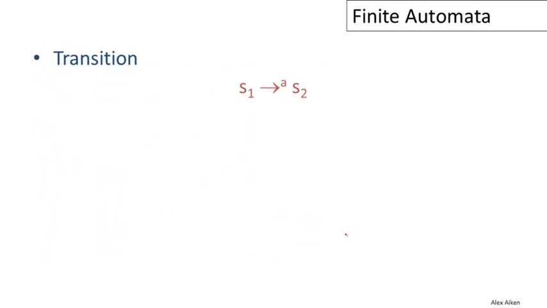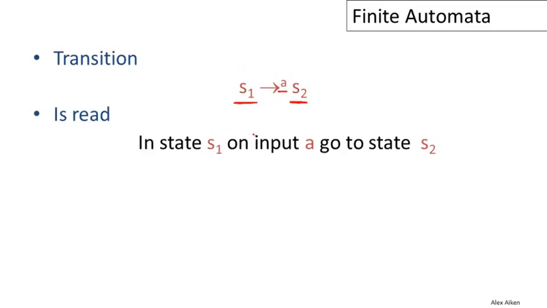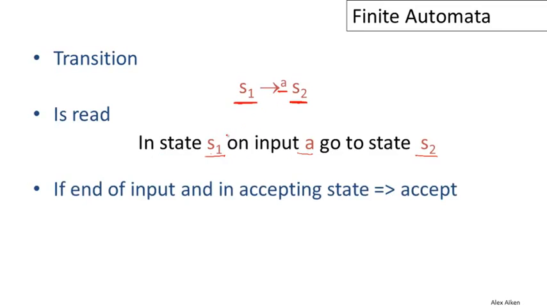So let's look at that in a little more detail. I've written out one particular transition. Here, if we're in state 1 and we read the input A, then the automaton can move to state 2. There could be lots of different transitions for the automaton from different states and different inputs. It's read in the following way: if we're in state 1 on input A, we will go to state 2. And if the automaton ends in an accepting state when it gets to the end of the input, then it is going to do what's called accepting the string, meaning that it will say, yes, that string was in the language